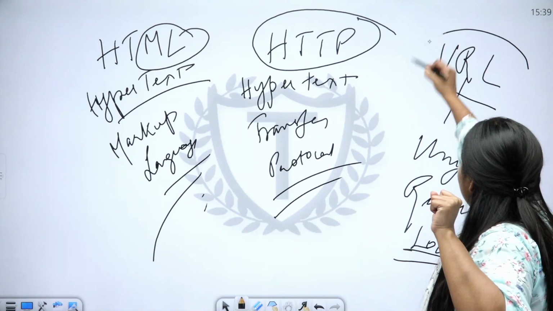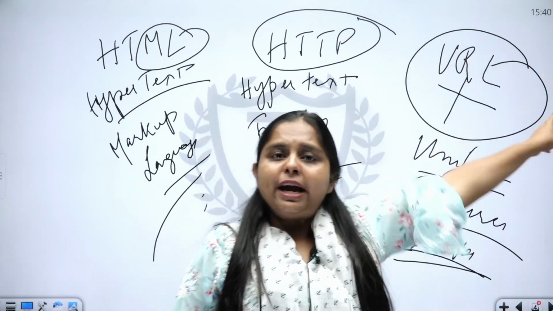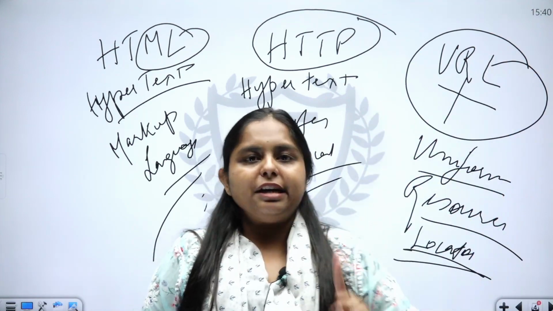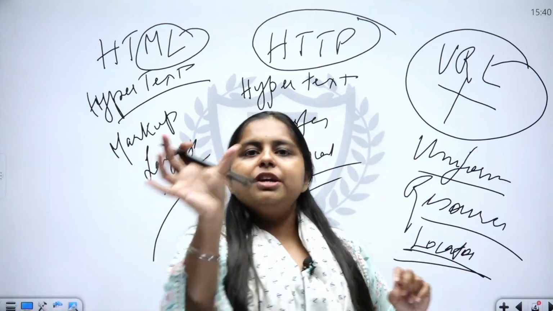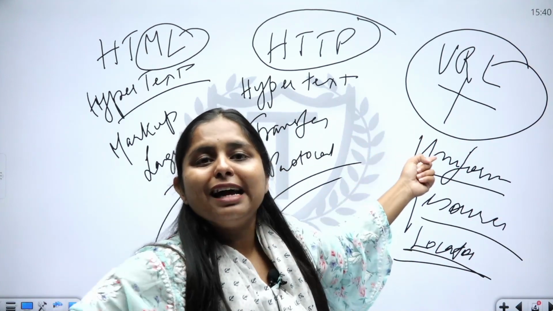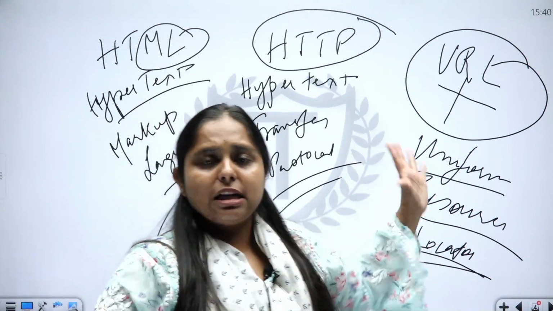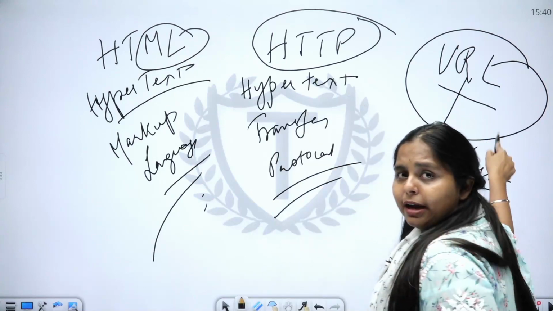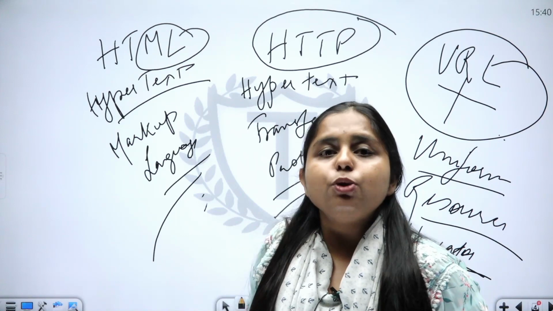And what is URL? URL is the uniform resource locator. It will locate the resource from which the information is being retrieved. So if I ask you to share this video, I will give you a URL address. What is this? It is the location of where I am on the internet. The internet is a place in space-time. So to locate me, that is done by URL. So these are the features which are there in Web 2.0.